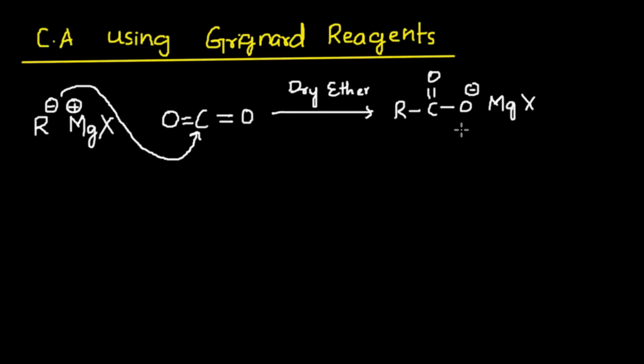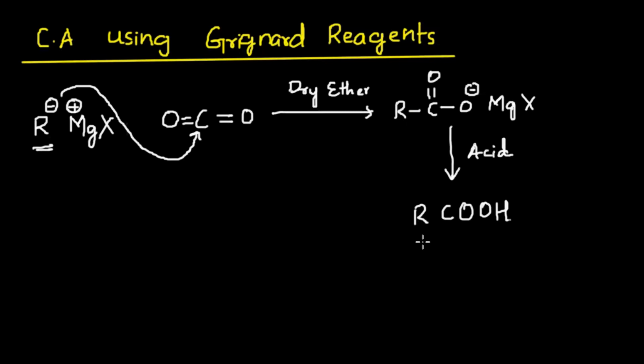And protonating this salt with acid gives you carboxylic acid with one carbon more than what you started with. So you have basically ascended the series